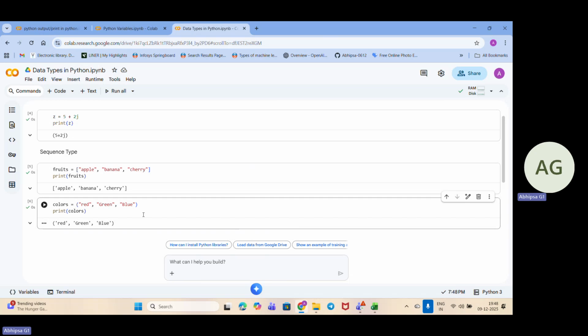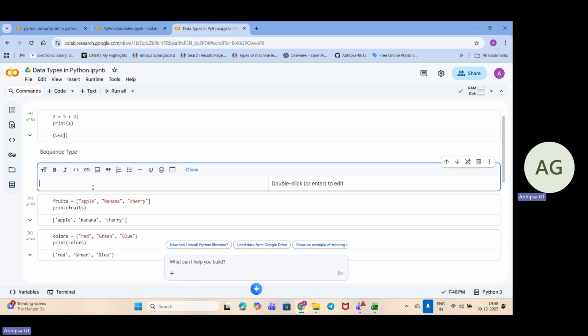But with tuple, there is a major change. It is not changeable, but it is ordered, and it uses the single parenthesis. This parenthesis is what we call the normal bracket, or first bracket, in mathematical terms. But in the case of list, we use the square bracket. So let me just write it down. This is list. This is tuple.